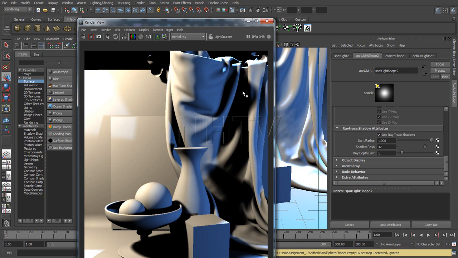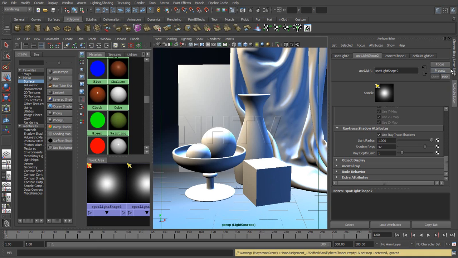Okay, so this is what we have. Alright then. Now, so I have all the light sources now installed. So as you can see,